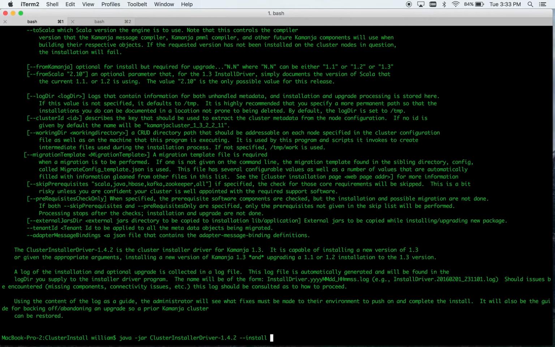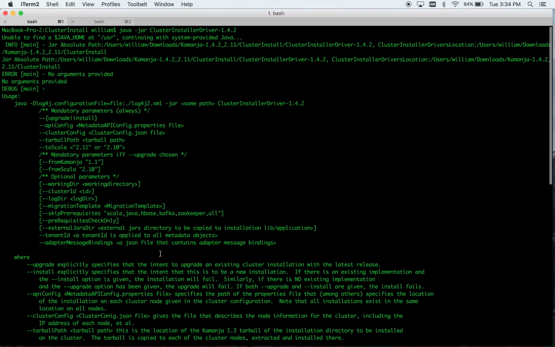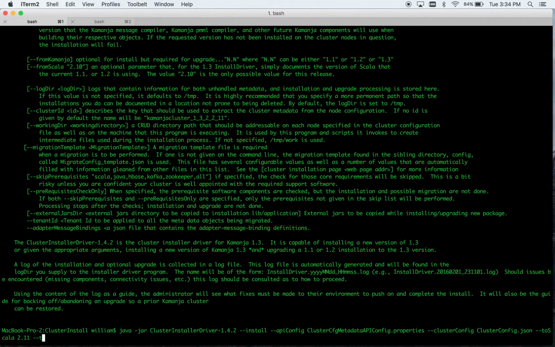So we'll do --install --API config, which should be local, and we'll pass in our cluster CFG metadata API config.properties --cluster config, which is also in the same directory. --to Scala, which should be version 2.11 for me. We also need the tarball path, which for me is in downloads, Kamanja-1.4.2_2.11.tar.gz. We'll also add tenant ID as tenant1